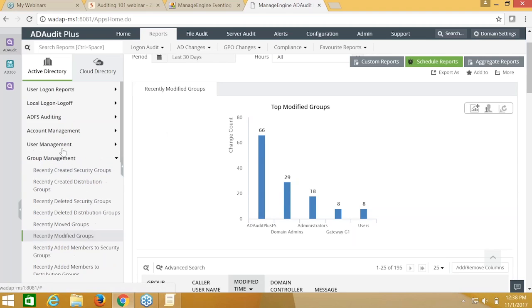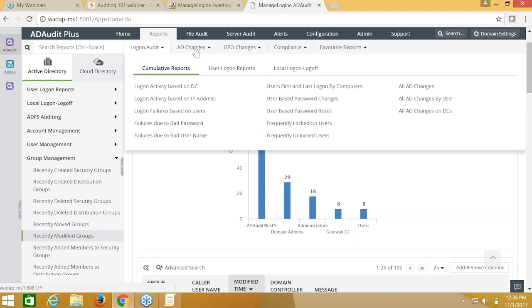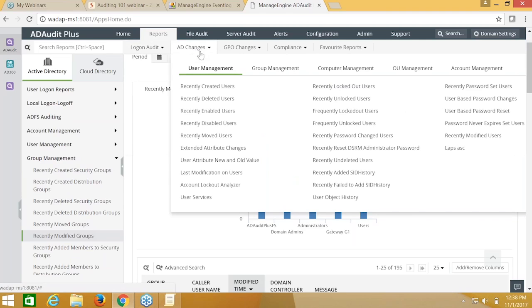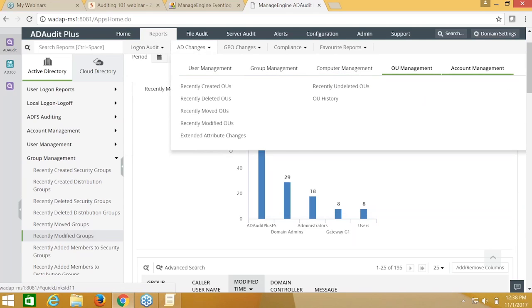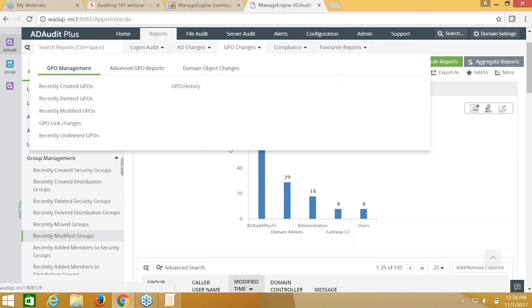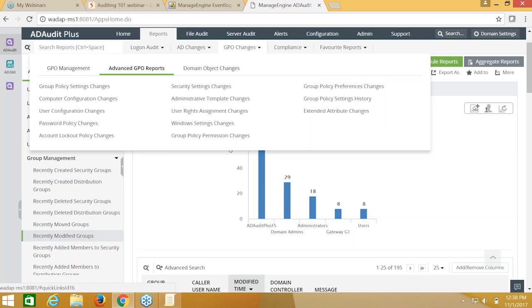So we've got a bunch of reports here with AD Audit Plus that, broadly speaking, can be classified into logon audit, Active Directory changes, user management, group management, computer management, OU management, and account management. We've got a specific set of reports for GPO changes that you see here.